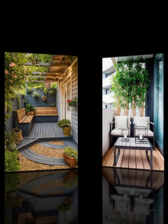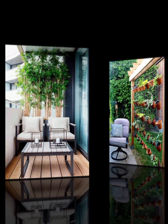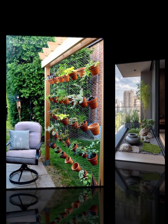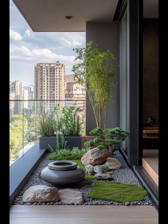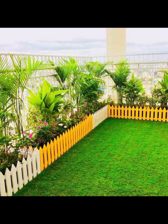Hardscaping. Incorporate hardscape elements like pathways, patios, walls, and decorative features. Use materials that complement your garden style. Focal points are those that include eye-catching focal points like sculptures, water,